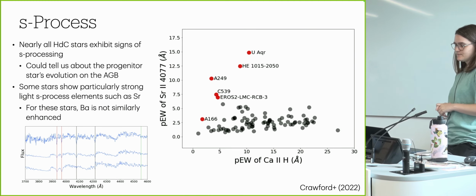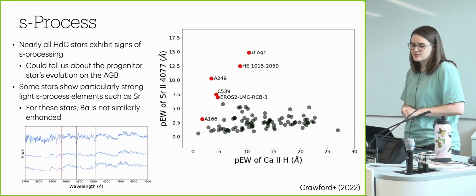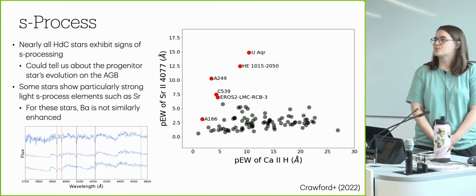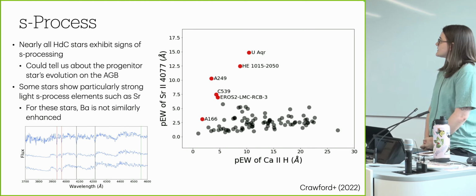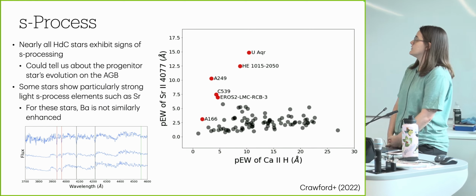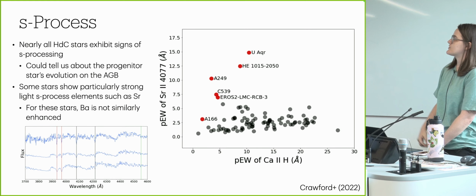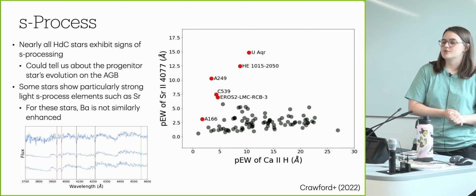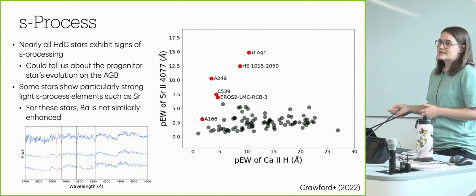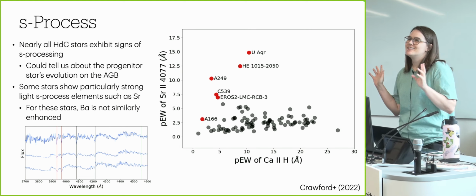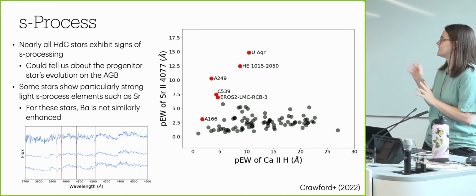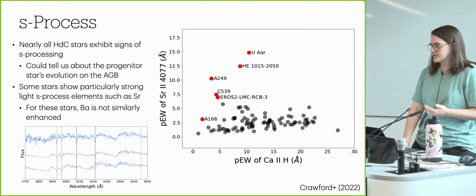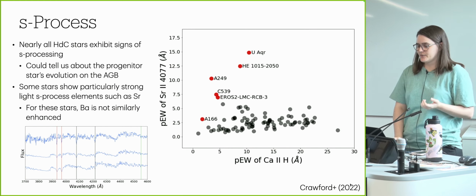Like I said, we have S-process lines in a lot of the spectra, and in fact, nearly all HDC stars show signs of S-processing. This probably tells us something about the progenitor star's evolution on the AGB. We'll get to the formation stuff later, but this probably tells us something about an AGB process that happened much earlier in its life. That being said, there have been almost no studies of this, and S-process is not even really mentioned a whole lot, except that in 2022,